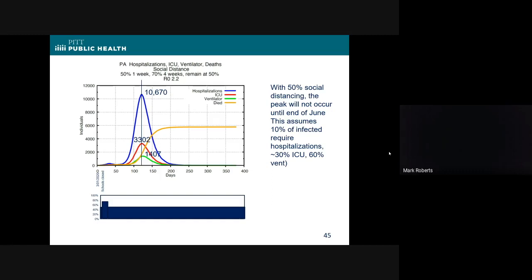But the evidence that there is seasonal forcing comes primarily from the fact that if you look at where it is in the world, it's been much more prevalent and much more deadly in temperate climates than in tropical climates. So that would be some indication that there is seasonal variation. We can put that in, and it's usually modeled as a sinusoidal curve that has some maximum sometime in the fall and winter, and a minimum sometime in the summer. We can turn that on. There's lots of things like that we can do in the modeling to understand what matches best with reality.